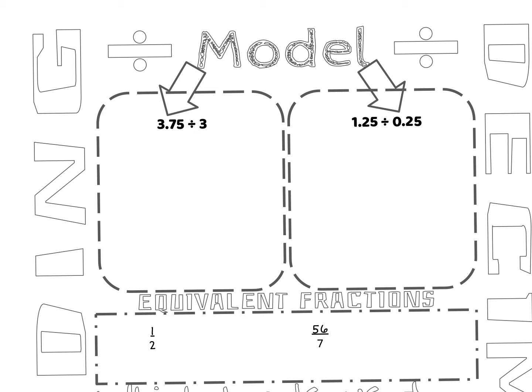All right, so today we're going to wrap up everything we've been doing with dividing decimals and summarize it all in this one nice note page. Just like with multiplication, we started dividing decimals with models. So for example, if I'm doing 3 and 75/100ths divided into 3 equal groups, I can start by making our model with 3